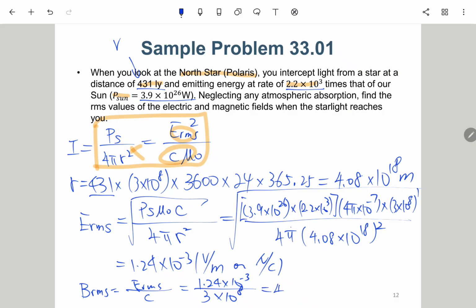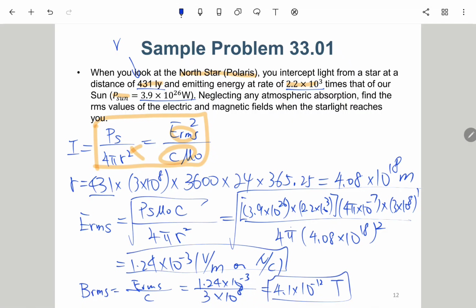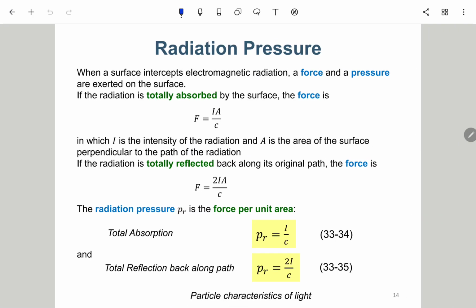It will be 4.1 times 10 to negative 12 Tesla. So this is the ERMS and BRMS that you can sense from the light from Polaris, from the North Star. 就是那个北极星，它的光线来到地球的时候，它的 E field 跟 B field 是这么弱的。4的负3次方，4的负12次方。